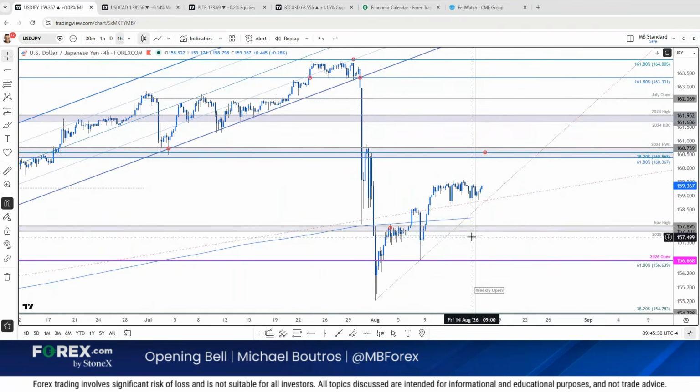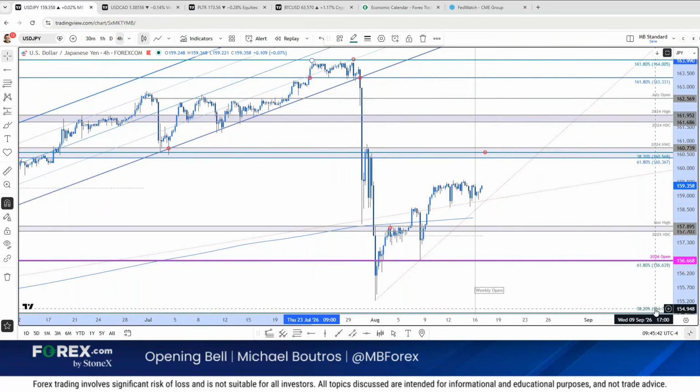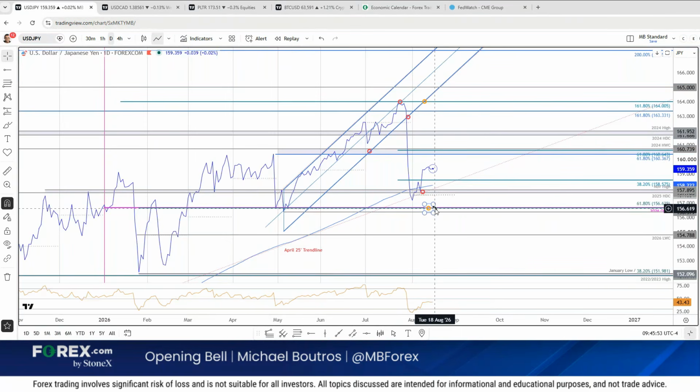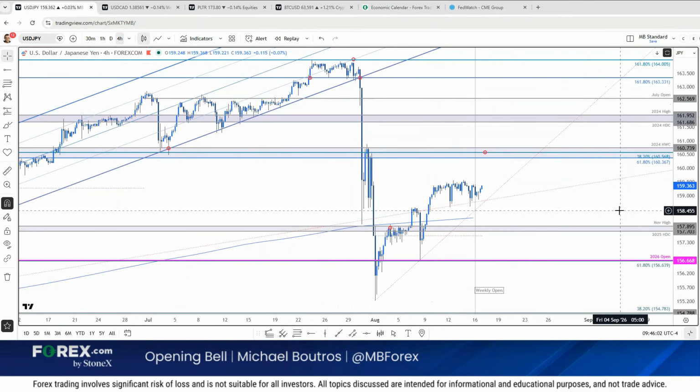You'd need to close above or below the monthly open. That's the 2025 high day close, November high. You're basically looking at 57.60s to get this thing going. This year's open and the 618, 56.63, 56.66. You need to close below this to get the downside going. We dropped into it twice this month, but that's the close. On a close basis, that would validate you've broken some pretty key levels. There's the close low from back here in May. So still the potential for a little bit of a crawl higher, but 60.36, 60.73 is major resistance. That's dollar yen. Dollar Swiss.